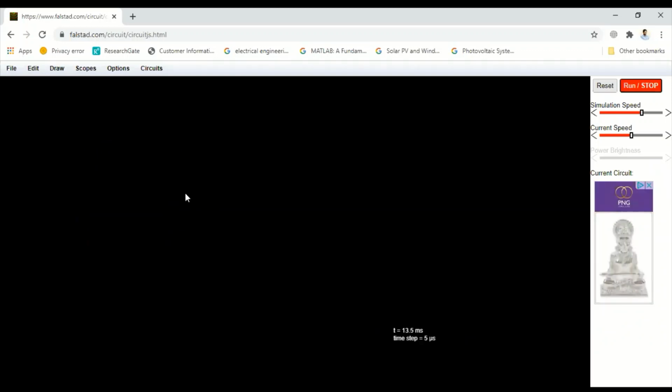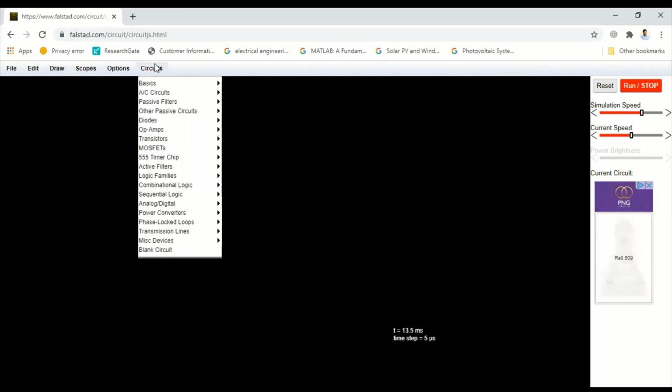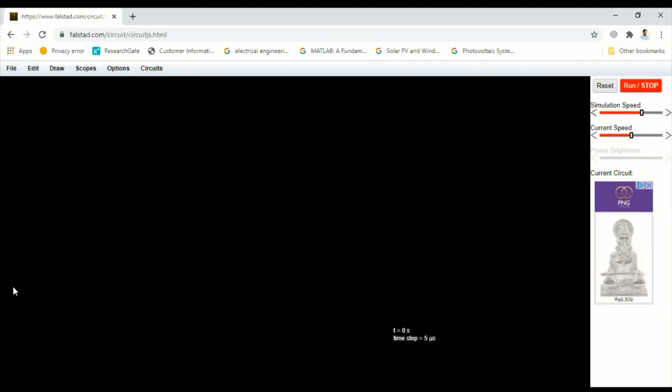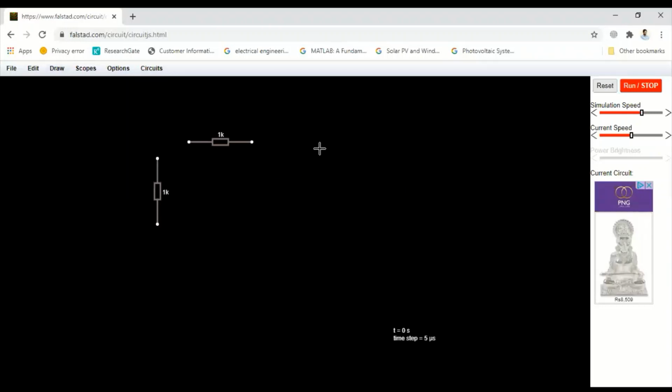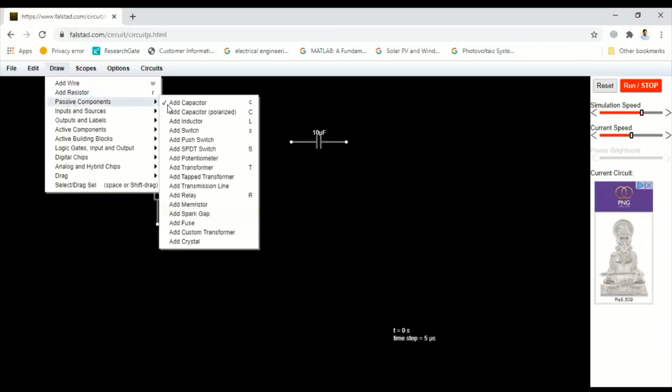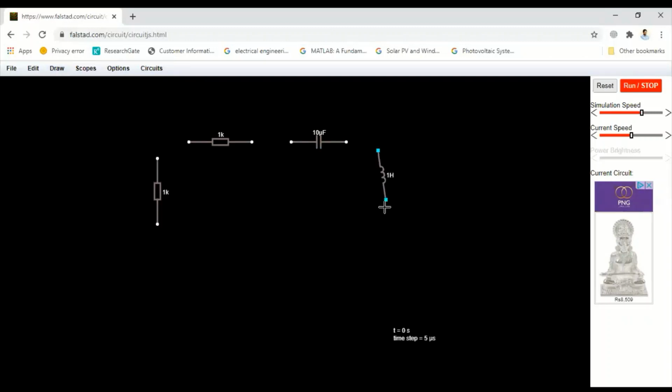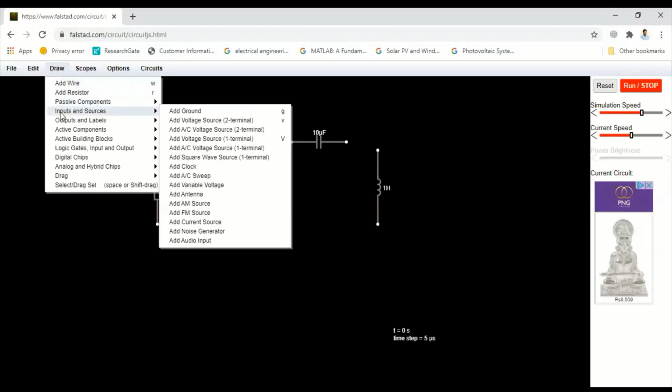The last circuitry that we are going to study today is the series RLC circuit. Again click on blank circuit, we'll go to the blank screen, draw, add resistor, one more resistor we need to add, passive components, capacitor, draw, add inductor, we need to add a voltage source.